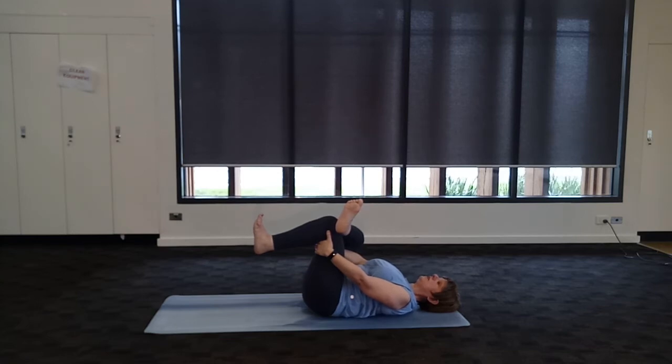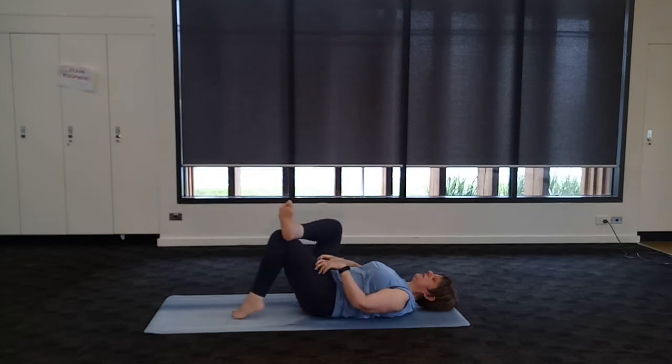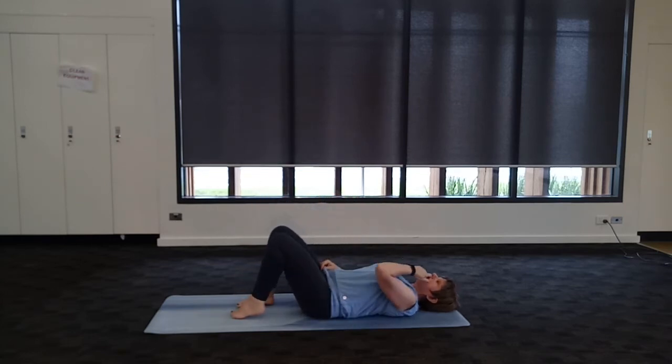So we're flattening the lower back, we're spreading those hips, making room for your sacral sciatica nerve, we're stretching the hamstrings, working the calves, and we're breathing. So inhale. Exhale, let go whatever you're holding, put that left foot down, put that right foot down, the other